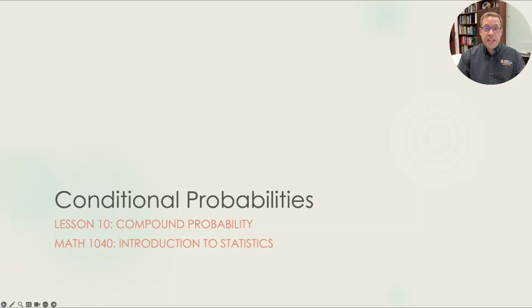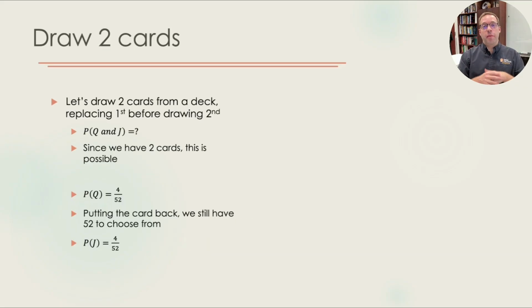Now let's talk about a different type of probability problem we need to work with, conditional probabilities. Here's the idea of conditional probabilities. Let's draw two cards from a deck of cards. We're going to first draw one card, and then we'll replace that first card before we draw a second card. What is the probability of one of those two cards being a queen and the other one being